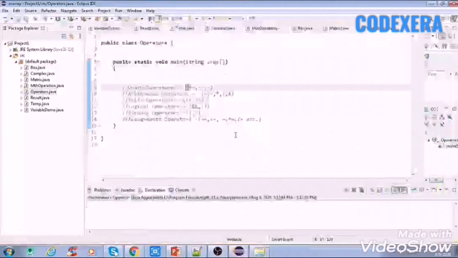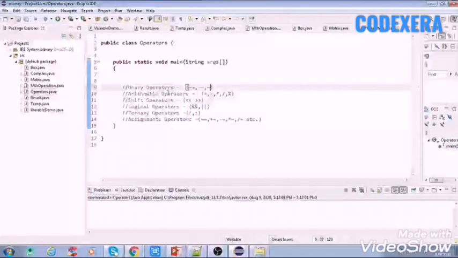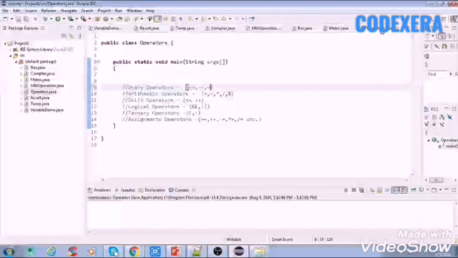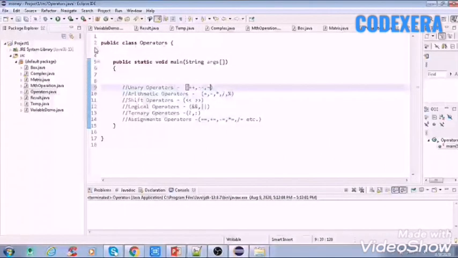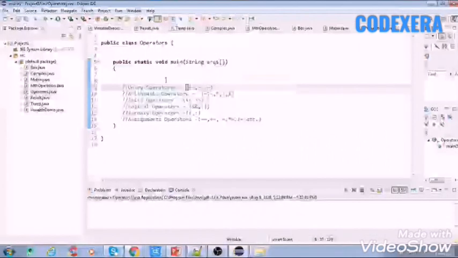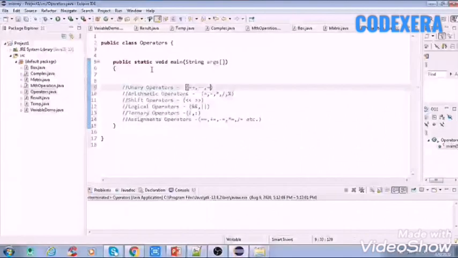So just go to your Eclipse IDE, and here I have made a file with the name operators.java. It has been created with a class named operators, having a main method, public static void main with the arguments args. Now here I have listed down those operators with operands.